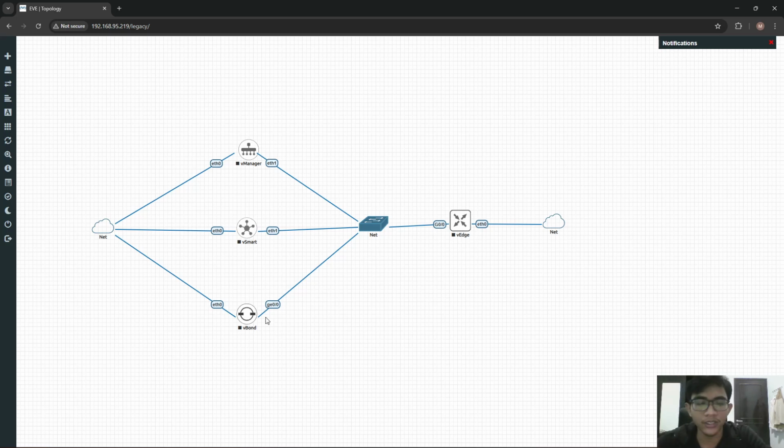So vBond authenticates and provides information about vSmart and vManage. vBond will authenticate, for the first time, whether the vEdge is the real or correct device in this SD-WAN or not.